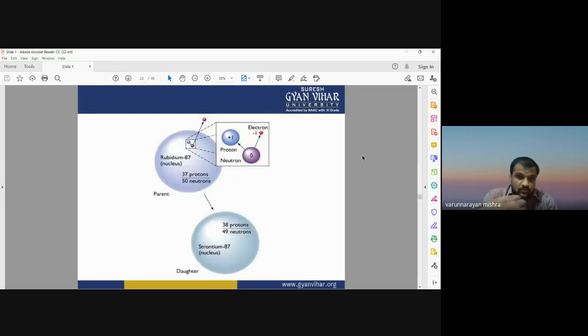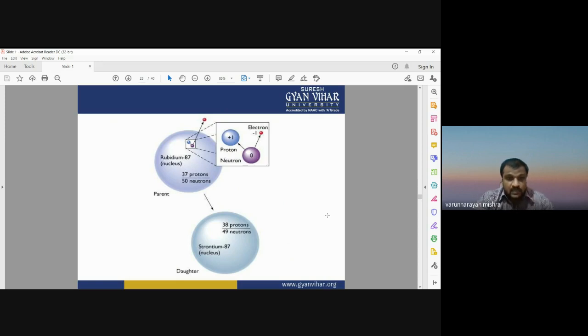Now, this is the figure showing how rubidium, a radioactive element, decays. Rubidium has a total of 37 protons and 50 neutrons, and when it releases its energy, it is releasing some of the protons and neutrons in the nucleus. So right now, you can see it is converted into another element, an isotope. It is strontium, and you can call it a daughter element.